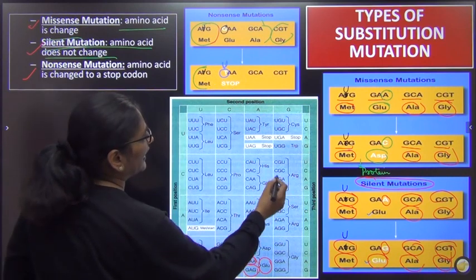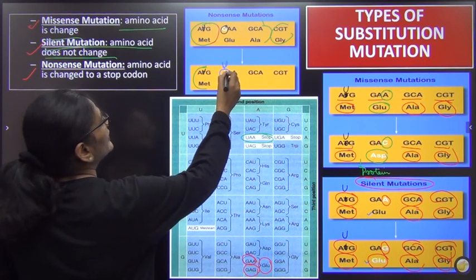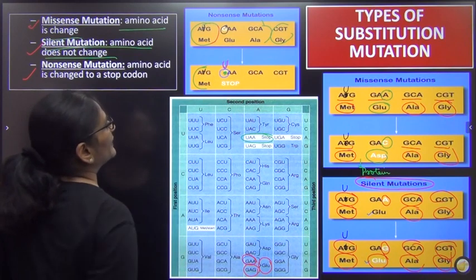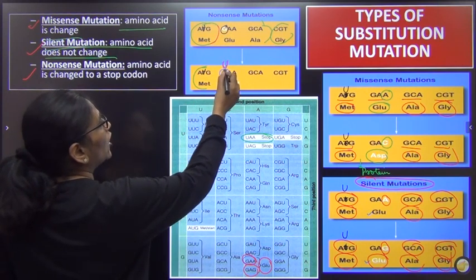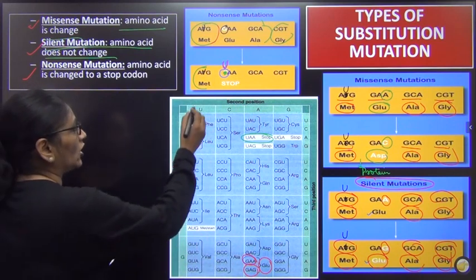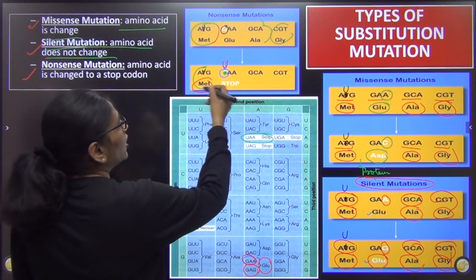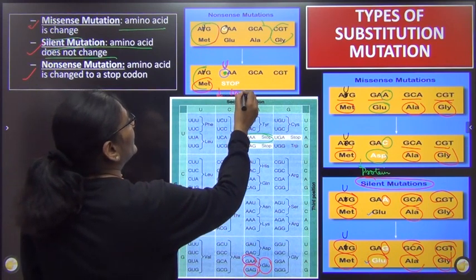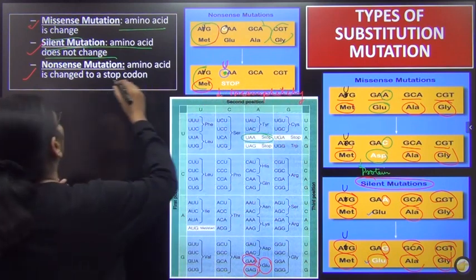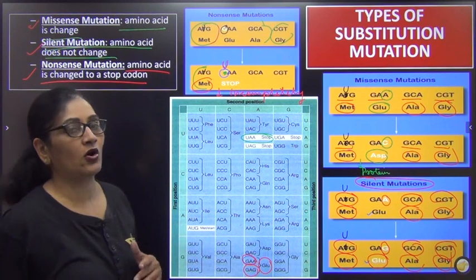Right? Now UAA is what? It is a stop codon. Right? It is replaced by uracil. Please do not look at T. It is replaced by uracil. The glutamine is replaced by uracil. As a result, the codon becomes UAA, and UAA actually codes for what? The stop codon. So इसके बाद आपका amino acid बनेगा ही नहीं, so that the protein is not completely made. It is an incompletely made protein. Right? It is an incompletely made protein, and this type is called as nonsense mutation because the amino acid is changed to a stop codon.